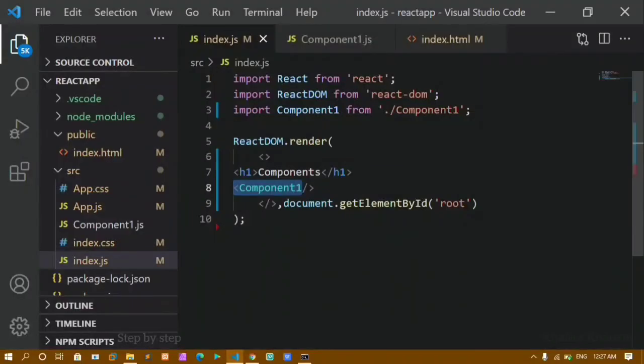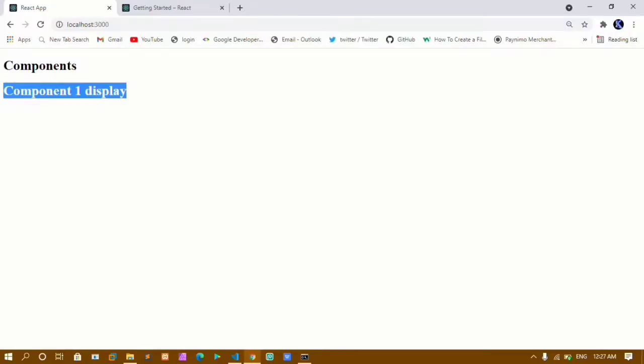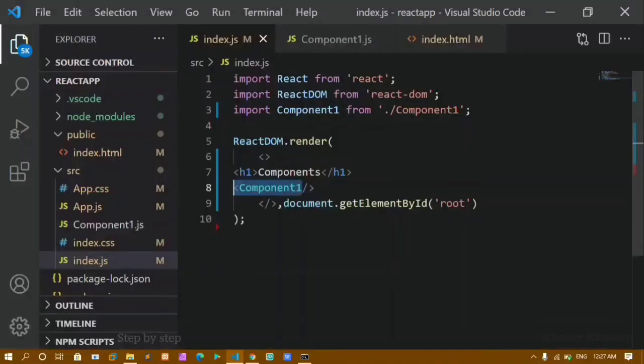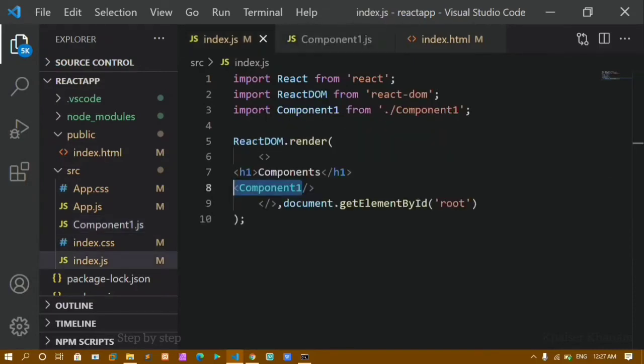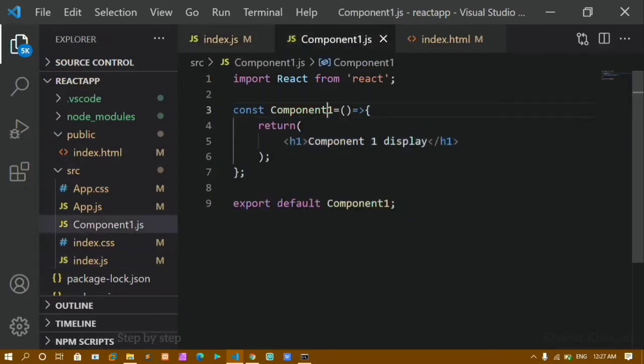This data is not inside my index.js. This component1 display is inside my component1.js file. This content is inside this file. I am just importing that file inside my index.js and writing this custom element. Whatever I have here, I am just writing that. If I just change this file name here,